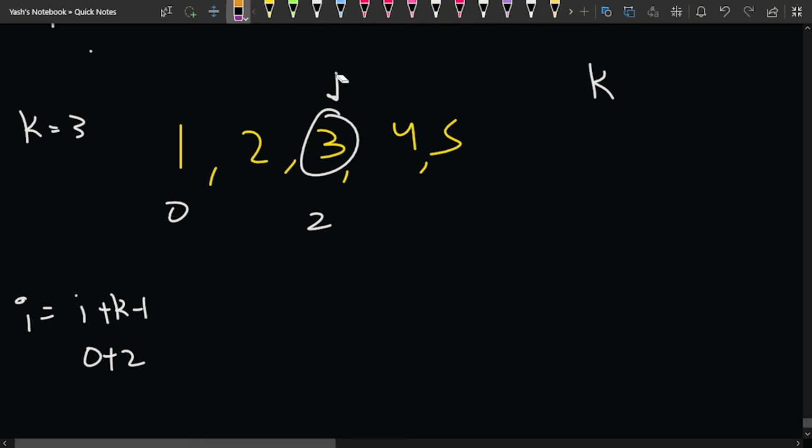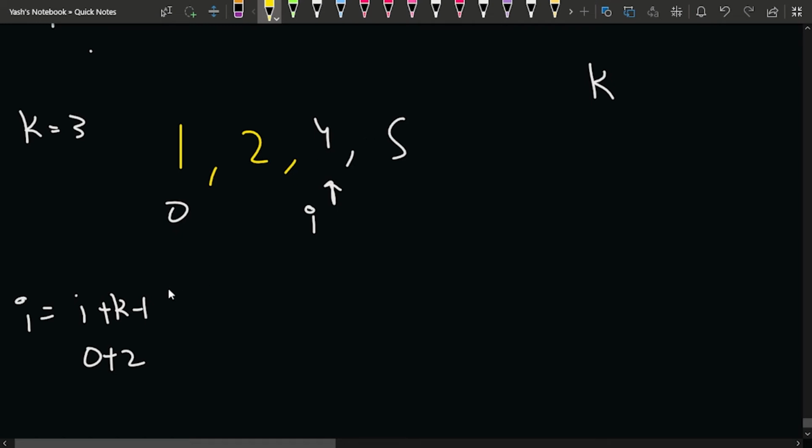When I kill this person, then the indexing of the array changes, because now 5 comes here and this comes here. Now I is standing here. Now I want to kill which person? Again I want to kill the I plus k minus 1th person from here, right? Because I want to kill the third person from here, but there is no third index present here. So what I will do is, I will say that I plus k minus 1, if I do modulo with the size of the array, so what is the size? Size is 4. So what is I standing at the index nothing but 2, okay? So 2 plus 2, because k minus 1 is 2, modulo 4, so this will give me 0.